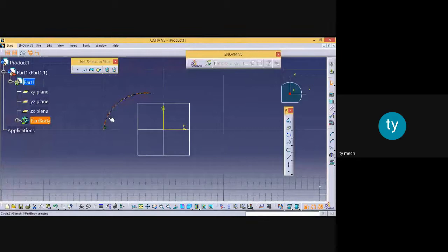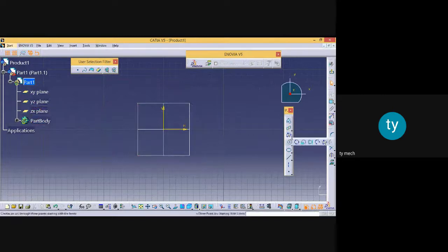Sorry, once again I will repeat. Select the first point, select the second point, and the third point you have to define as per your judgment. So I have selected this third point, and this is a 3 point arc curve. Then the next command is 3 point arc starting with limits. Here you can select this, click the first point, click the second point, and click the third point. So this is a 3 point arc with starting limits. Somewhat it is the same.